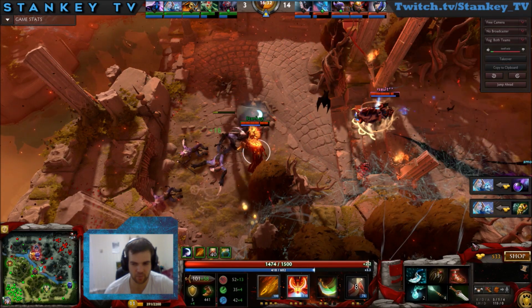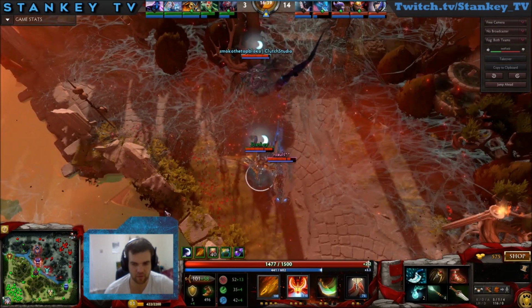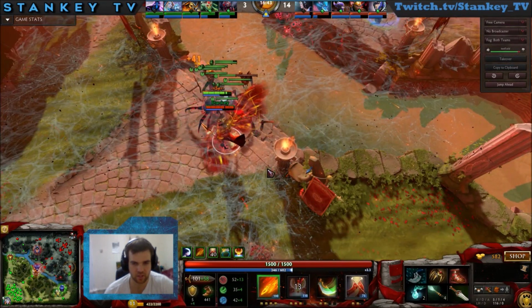And if you're close to something, like if I'm close to my Blade Mail, I might just go sit in the jungle and farm that 500 gold, or push a lane out and get that 500 gold that I need for the